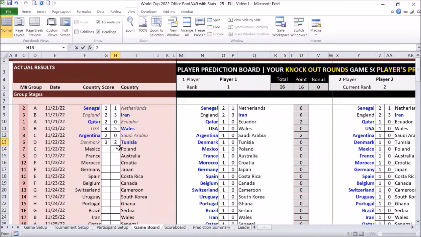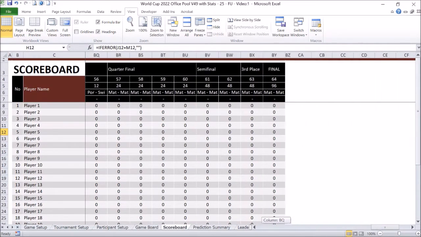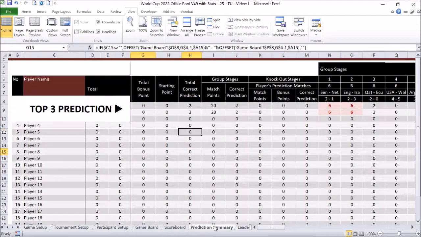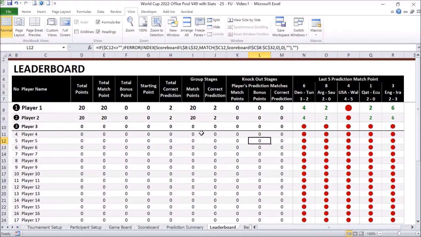Okay, and then I can see in the scoreboard that points are given, and then the total point, because I just use 2 players here. And then the prediction summary and the leaderboard. As you can see here, you can see the points, and also you can see the last 5 prediction match points here.